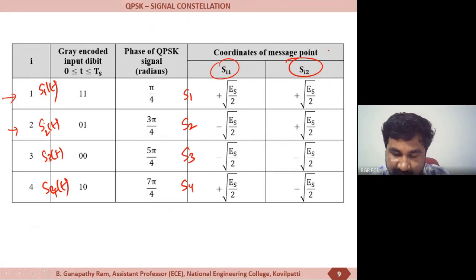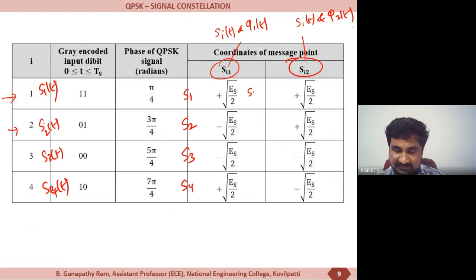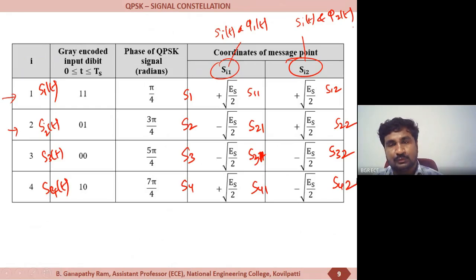And these two values are the coordinates of the message point, that is the relationship of Si of t and phi1 of t. Similarly, this is the correlation between Si of t and phi2 of t. So this represents S11, S12, this represents S21, S22, here S31 and S32, this represents S41 and S42, which is having the symbol energies on each of the tabular columns